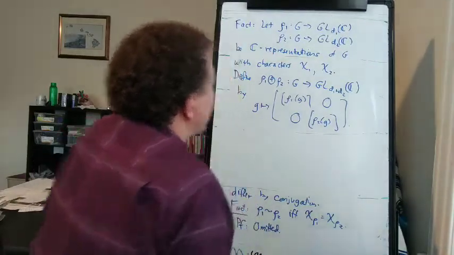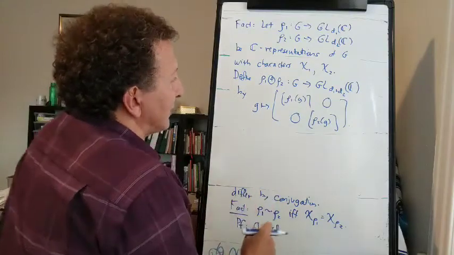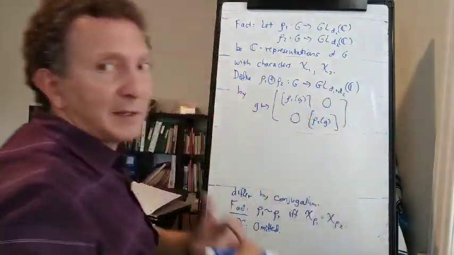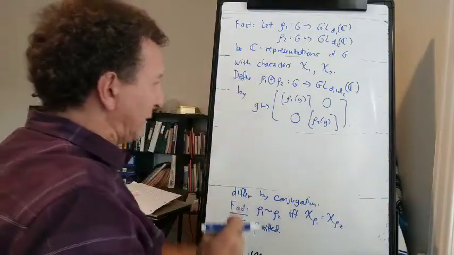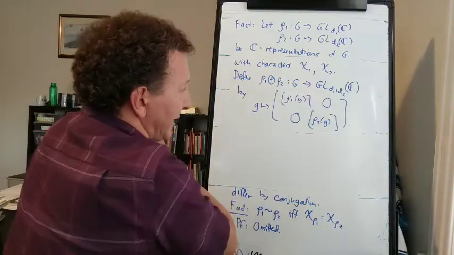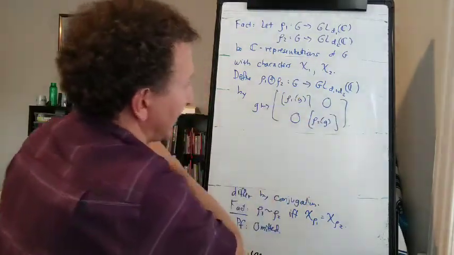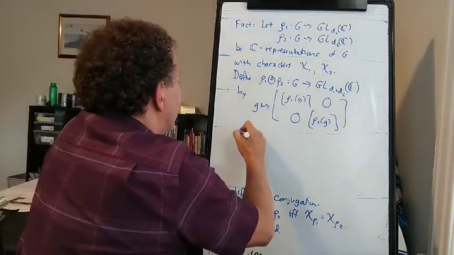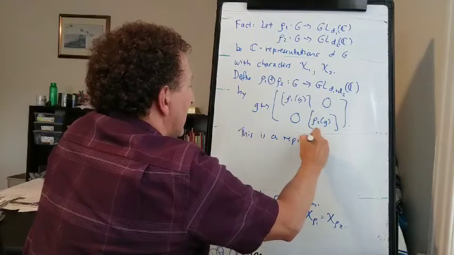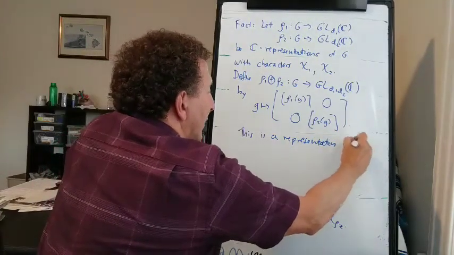Now it's easy to see that this is a representation, because if we multiply two of these matrices, we're really just multiplying the top blocks and the bottom blocks separately. So they're not going to interfere with each other. If row 1 is a representation, then the top blocks are going to behave together correctly. If row 2 is a representation, then the bottom blocks are going to behave together correctly. So this is a representation with character